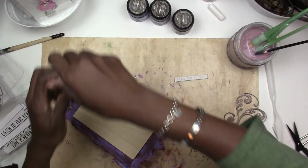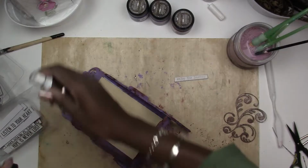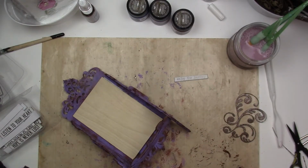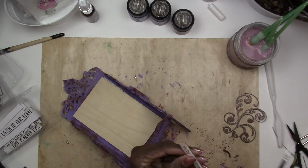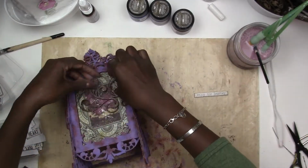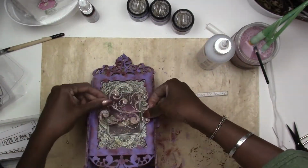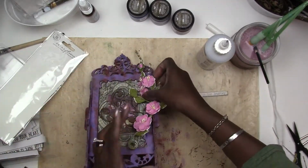And what we're going to do is I'm going to squirt a little bit of mist on my mat. And I'm going to take my brush and dip just a tiny bit of that. You see, I barely dipped my brush into that. And we're just going to go along the edges and then take our finger and smush that, or smudge it along the edges, because this gives you...